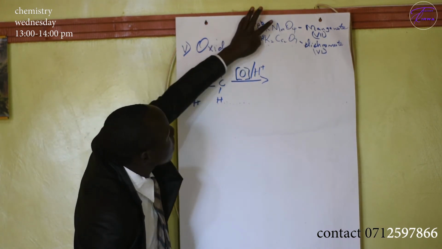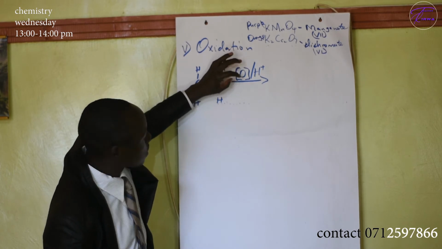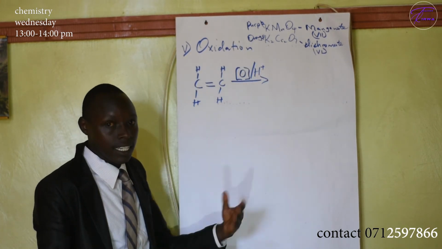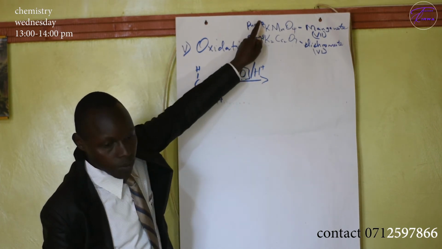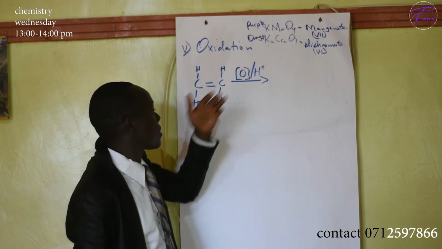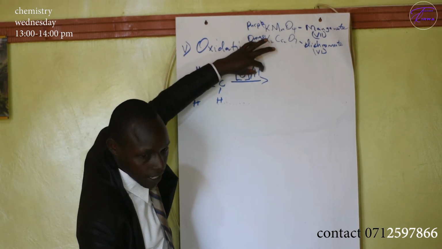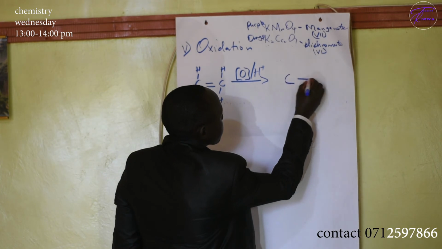This represents either one of them. The oxygen in a square bracket is an oxidizing agent. H plus shows acidified. So you normally hear of acidified potassium manganate 7 or acidified potassium dichromate 6. So when you write like this, it means addition of an acidified oxidizing agent. So this gives you